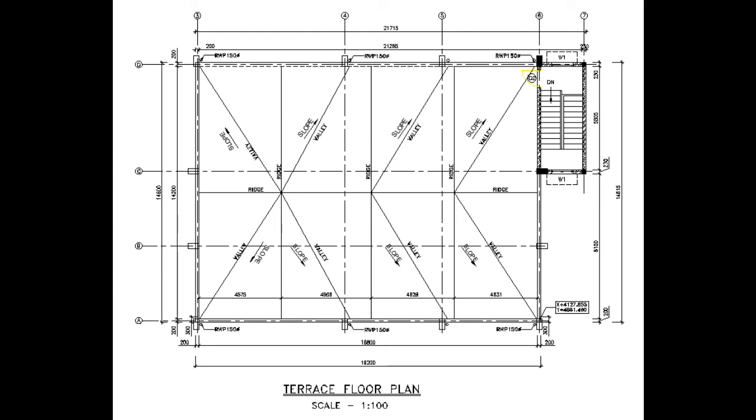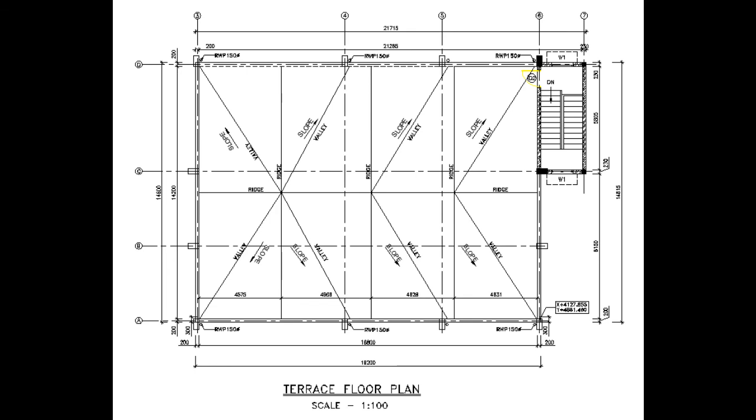So what is a ridge? If we are dividing the terrace into equal parts, if we see from one part, the water is going to flow towards the drains. So from where it is starting, that part will be known as the ridge. That part will divide the terrace into two equal parts, or any one portion into two parts. So this ridge has to be properly sealed. The thickness at the ridge should not be more than 125 mm, and at the end near the rainwater pipe it should be 75 mm. So the thickness of the brickbat coba overall will range from 125 mm to 75 mm.